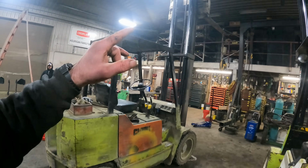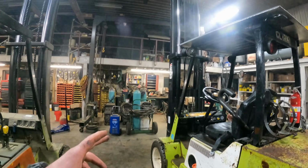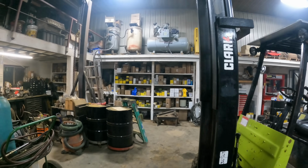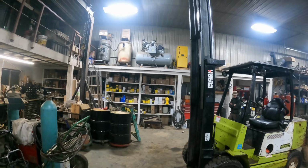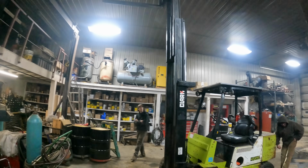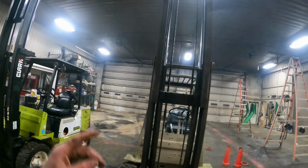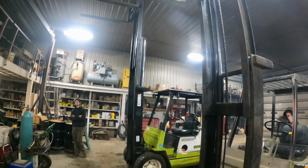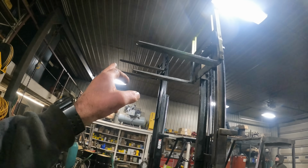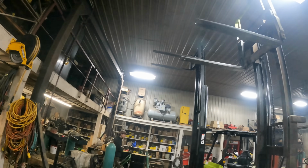This one we also need to rebuild both lift cylinders on it. This machine here has side shift, and it will also lift a little more taller. We have about another foot left for it to go, and it's got to be a good 5-6 foot taller than this one. I'd like to get a backstop for it as well. That and the forks are 10 inches longer on that one,